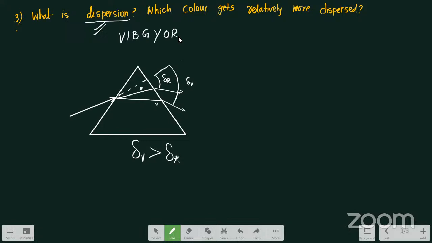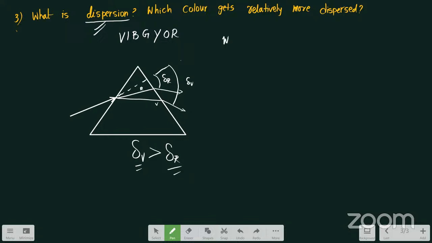Whenever a white light is passed through a prism, what will happen? The white light gets divided into how many colors? 7 colors. And which color will get dispersed more? Violet color will get dispersed more when compared to red color. So what is the definition you can write? You can write,